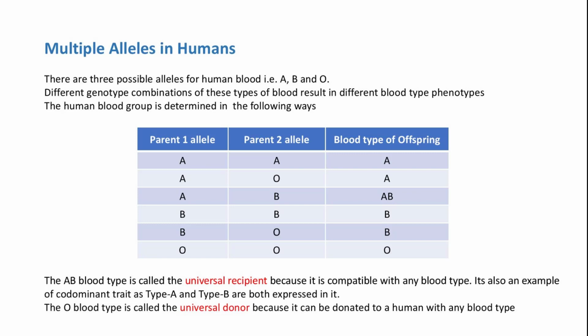If one allele is B and the other is O, then the result will be B, because B and A are both dominant over O. In the last case, if both the alleles are O, then only in this case the blood type will be O. The AB blood type is called the universal recipient because it is compatible with any blood type. It is also an example of a codominant trait, as type A and type B are both expressed in it. The O blood type is called the universal donor because it can be donated to a human with any blood